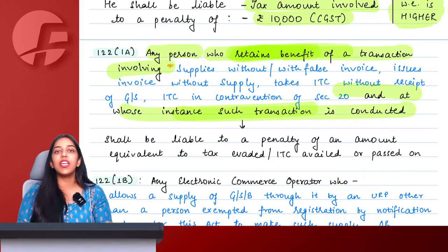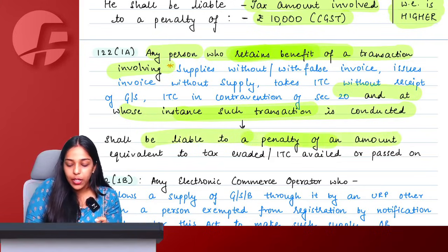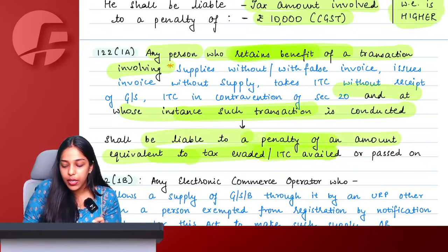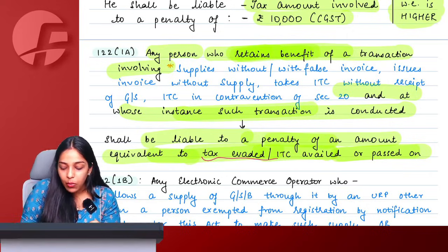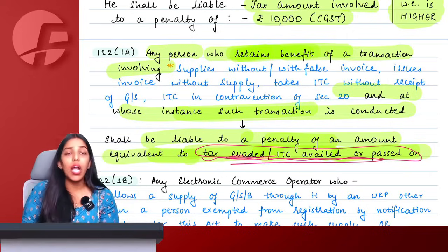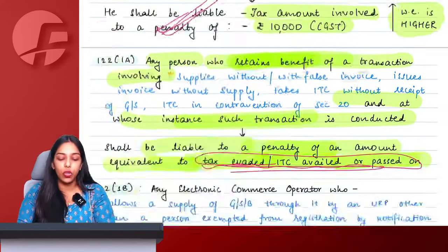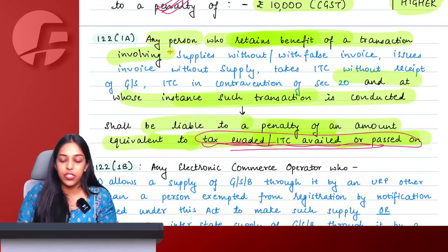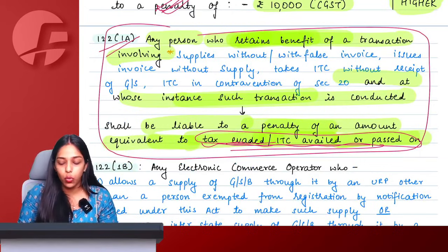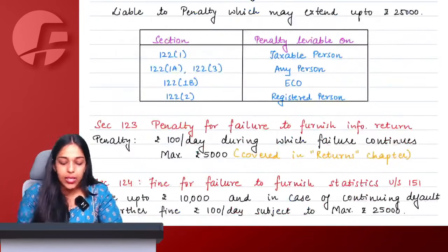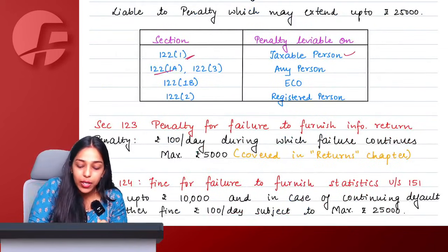who is ultimately retaining the benefit of this transaction, this person shall be liable to pay a duty of an amount equivalent to tax evaded or ITC availed or passed on. Basically, whatever is the amount of tax involved, in addition to this, if you are the mastermind of this transaction, you will also have to pay the penalty under section 122(1)(a). Now understand, the penalty of section 122(1) can only be levied on a taxable person, but 122(1)(a)